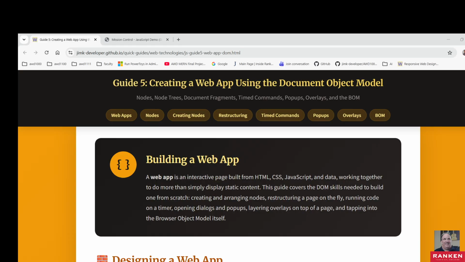In this video, we're going to go through creating a web app using the document object model, also known as the DOM. Usually I go through the guide, then move on to the demo most of the time. What I think I'm going to do here is bounce back and forth a little bit between the guide and the demo,